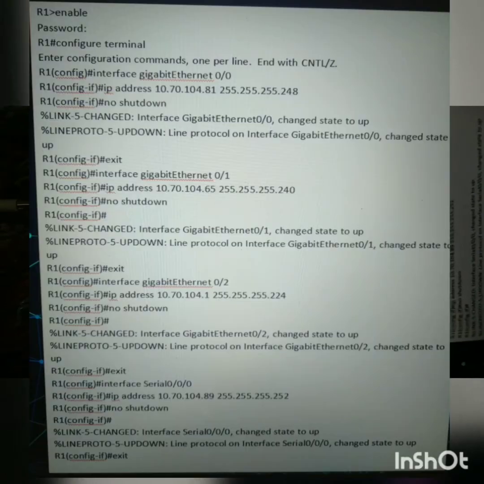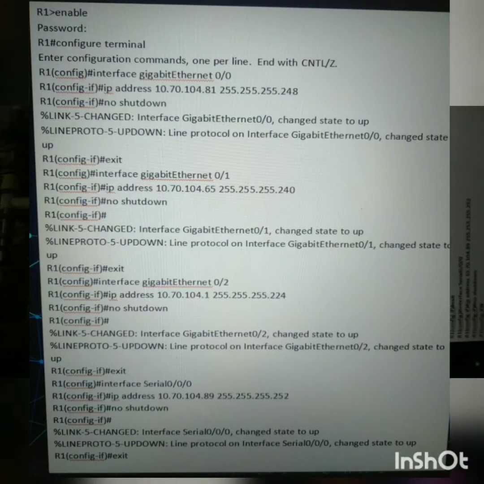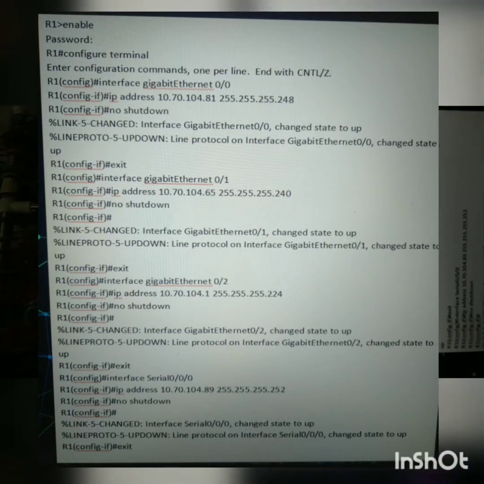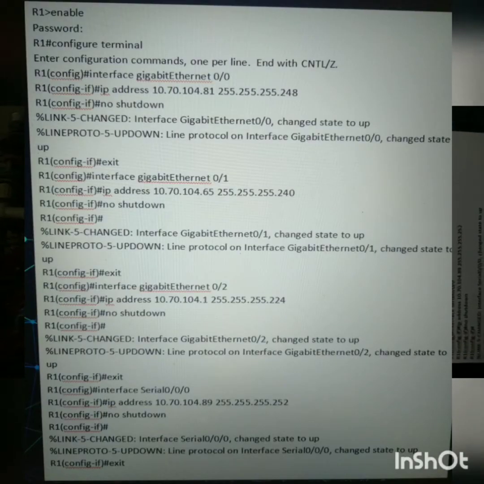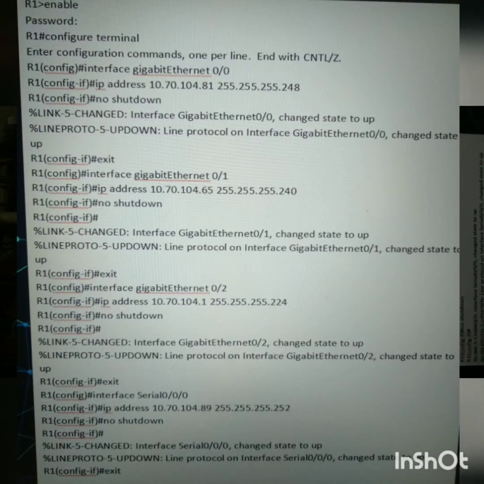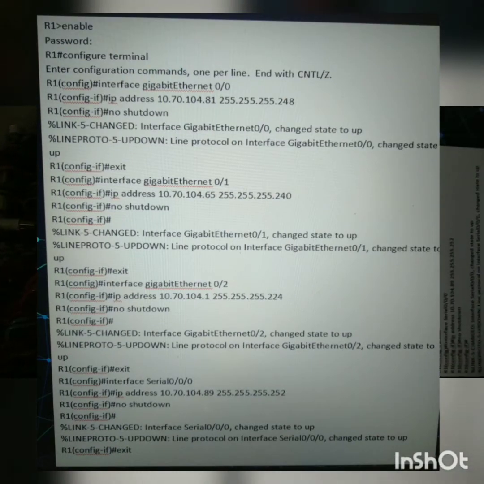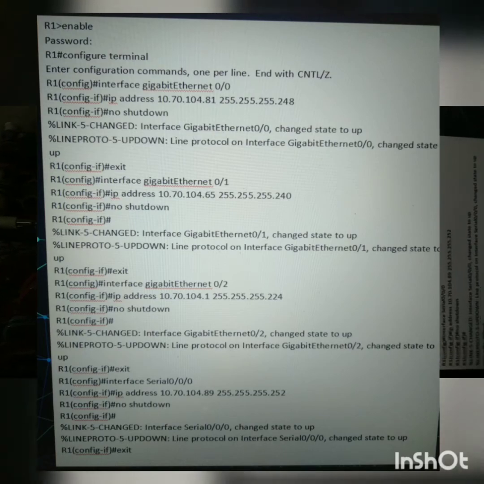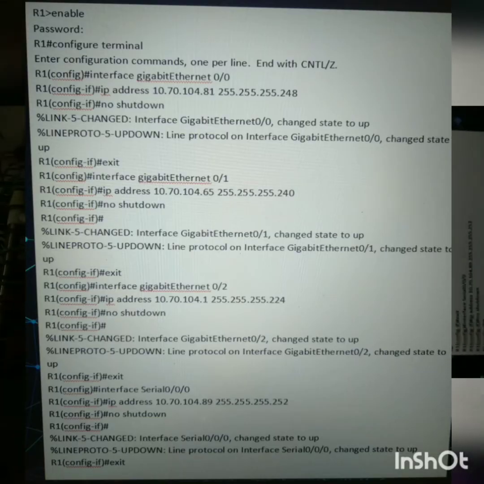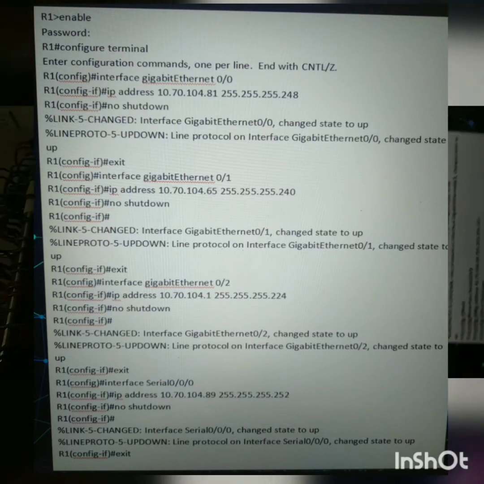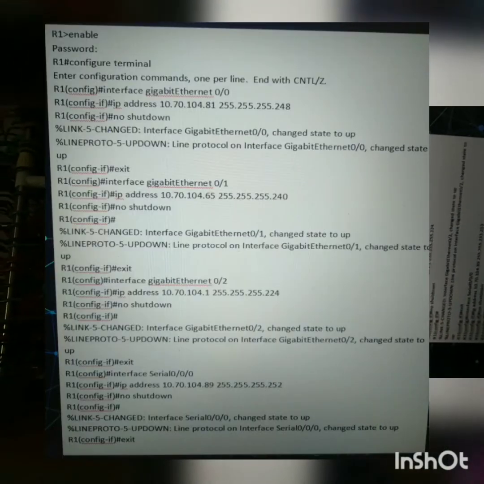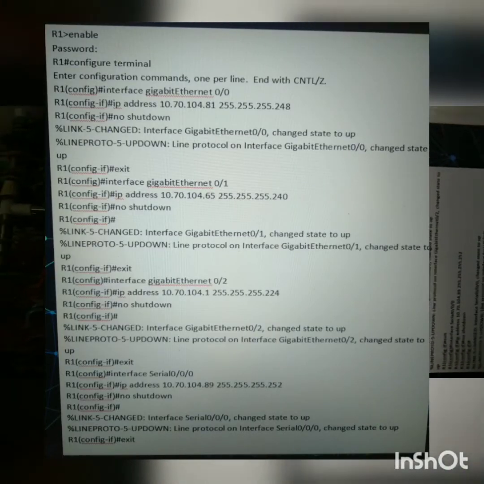Then R1(config)# interface gigabit 0/0, R1(config-if)# ip address 10.70.104.81 with the subnet mask 255.255.255.248, and we need to press enter. Then R1(config-if)# no shutdown. Okay, that is the IP address and no shutdown for router 1.